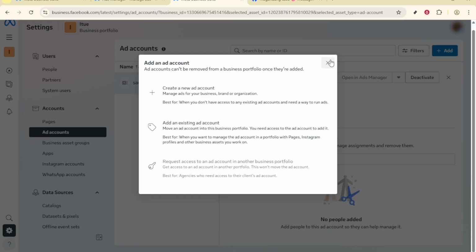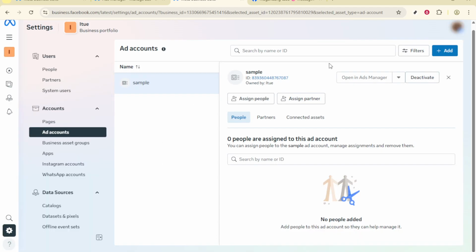And there you have it. You've successfully set up Meta Ads Manager, paving the way for effective and efficient advertising on both Facebook and Instagram. With your business portfolio, ad account, and payment method all in place, you're well equipped to reach new audiences and